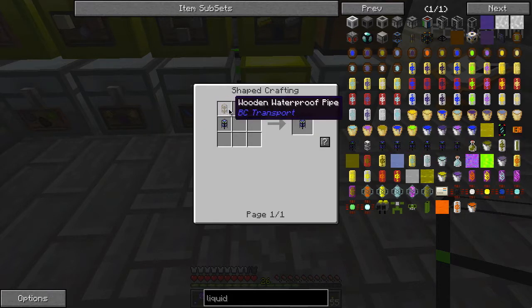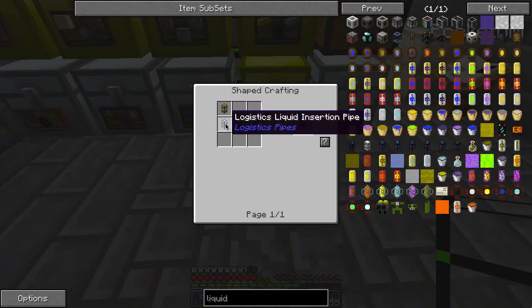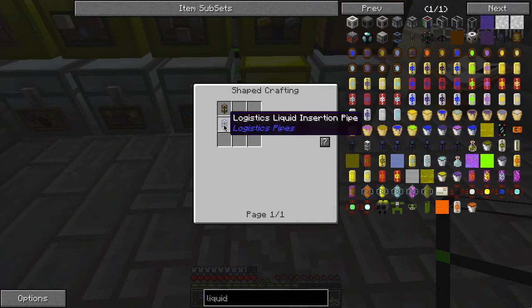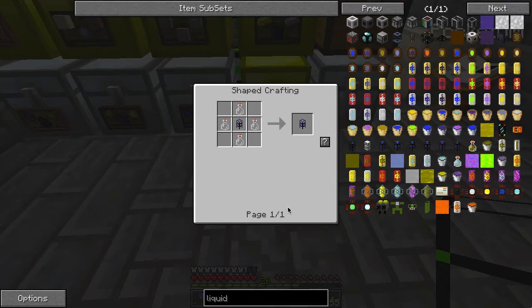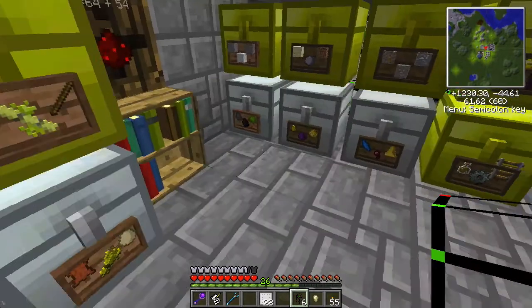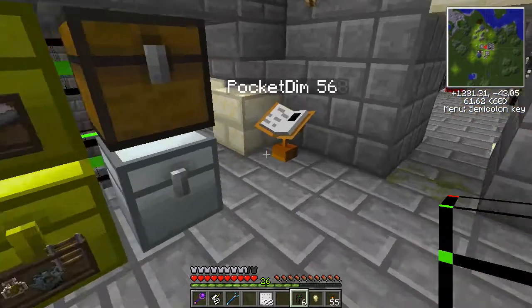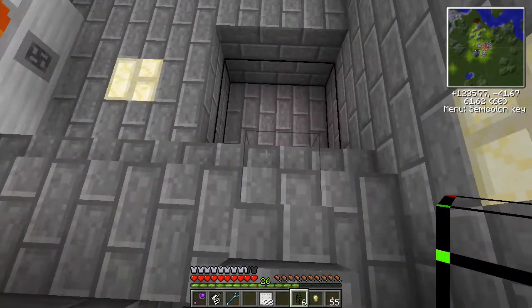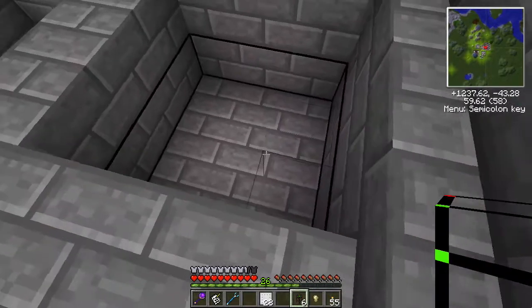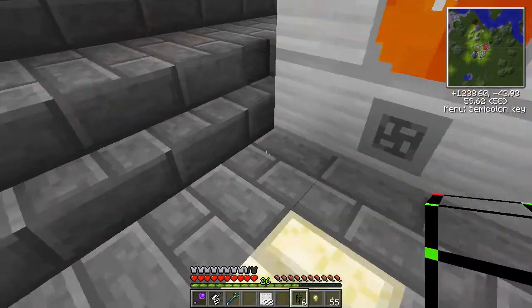This is a piece of wooden waterproof pipe and a logistics liquid insertion pipe. A logistics insertion pipe is just some basic pipes with bottles. And then the basic pipe is a pipe, a bucket, and waterproofing. So let's see if we can make a few of these. We don't necessarily want to make them all, but we at least need one to sink creosote oil, right? And we probably need, let's say,